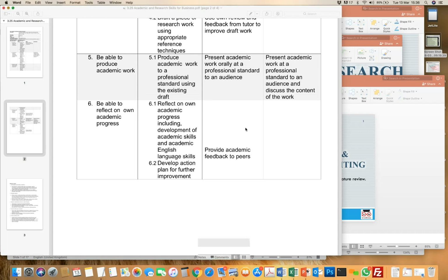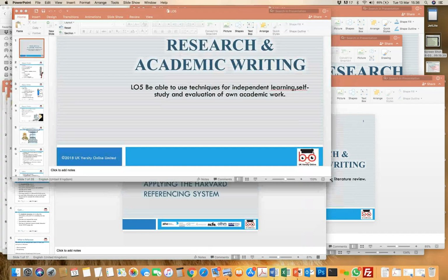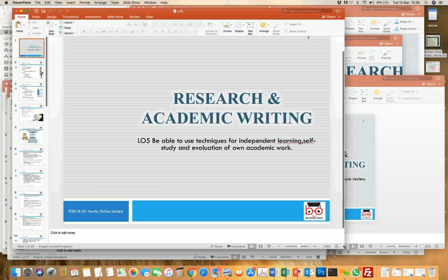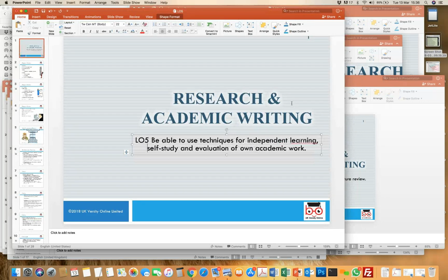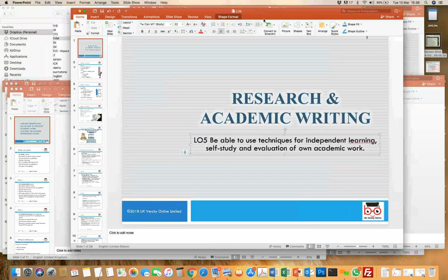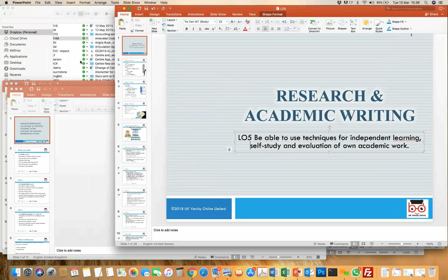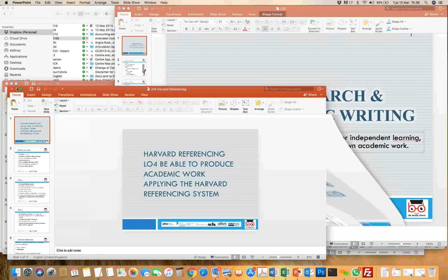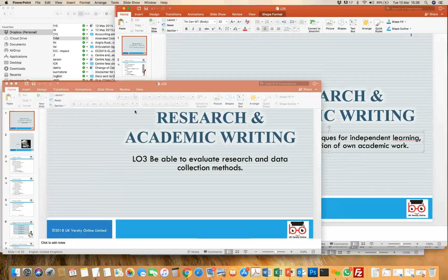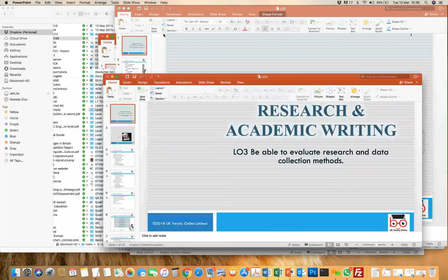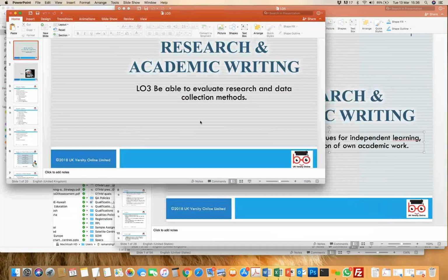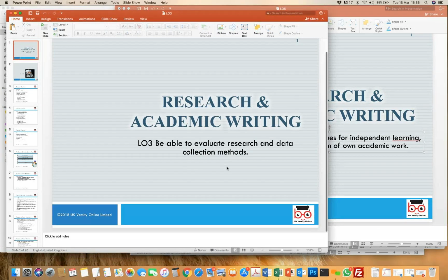So I'm going to minimize this for now, and there is a lot of basic reading which I would suggest that you need to look at in this particular unit. What I've done is draft the research part into 3 or 4 different learning outcomes, because the unit corresponds to understanding academic research and academic writing. What we want to be able to do is understand this whole topic, which is also important,